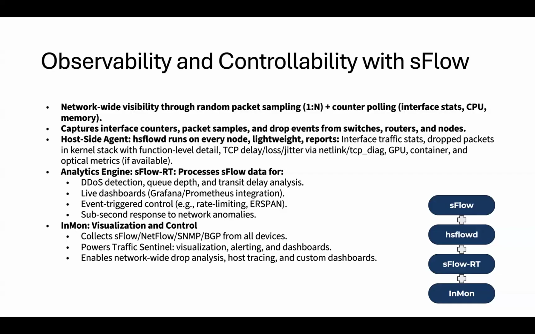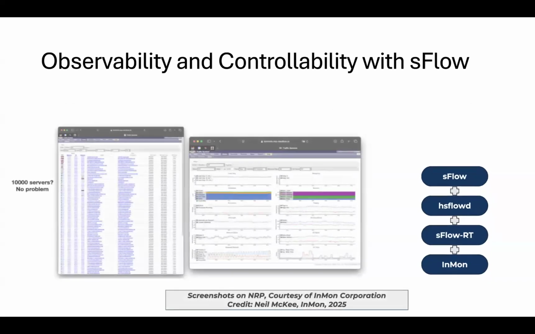monitoring the interfaces, monitoring dropped packets, both in the kernel stack as well as communicating with the network switches that provide connectivity for the National Research Platform, and monitoring TCP flows and collecting metrics, both in delay and jitter and so on. As well as peeking into other metrics, such as GPU related metrics and container metrics as well. And of course, there's the SFlow RT analytics engine that processes all the SFlow data,